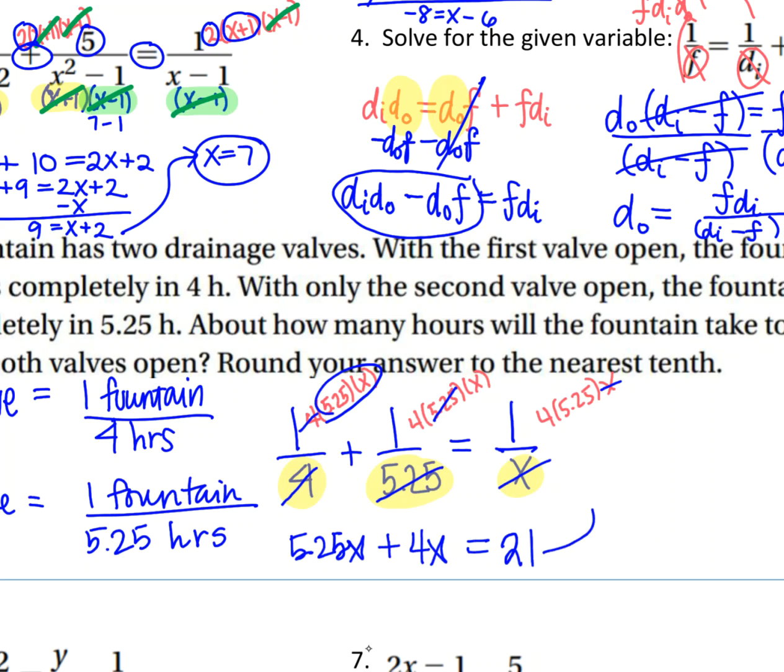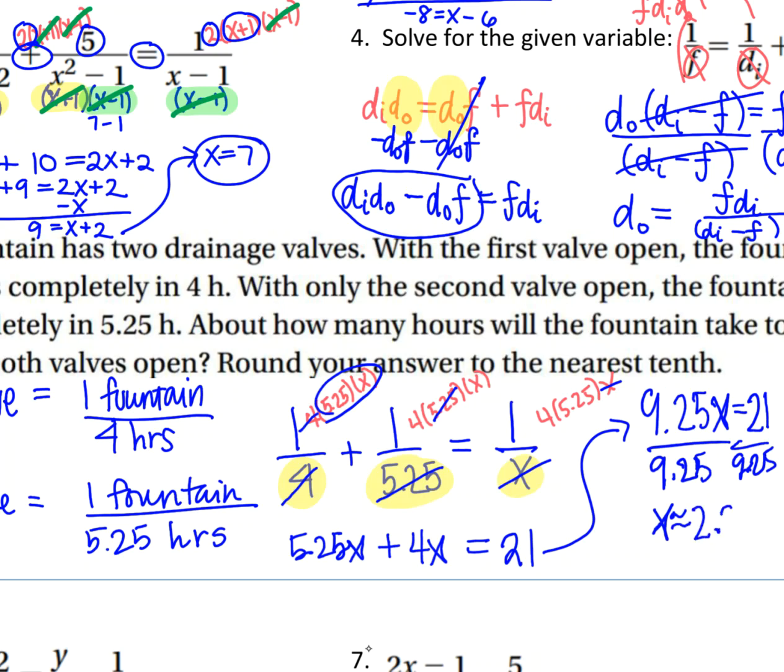Okay, and then combining like terms, we get 9.25x equals 21. Just divide both sides by 9.25, and we get that x is about 2.3 hours. We can round it to the nearest tenth. Okay,